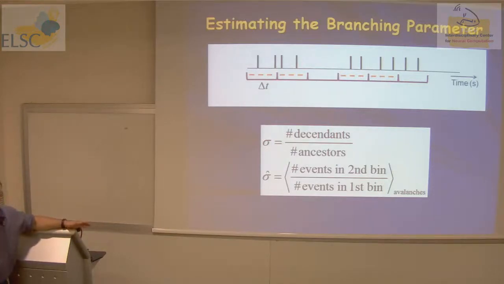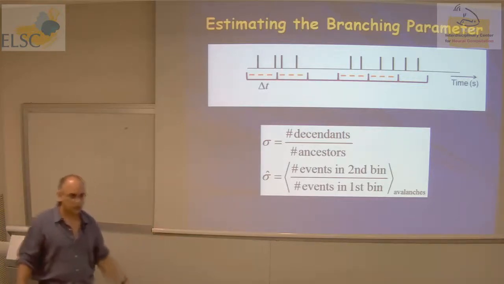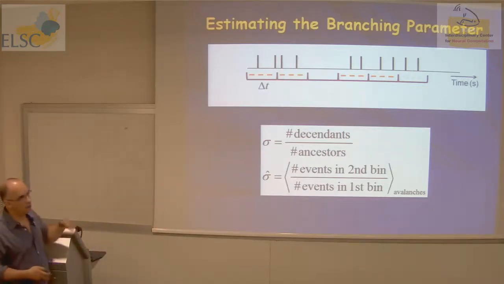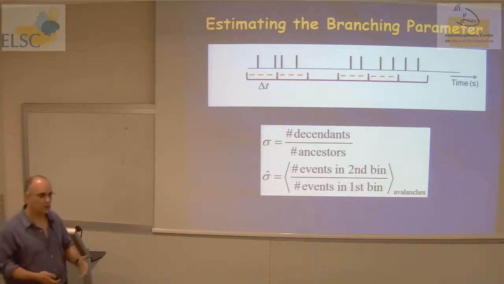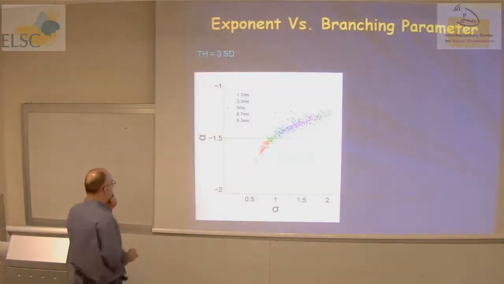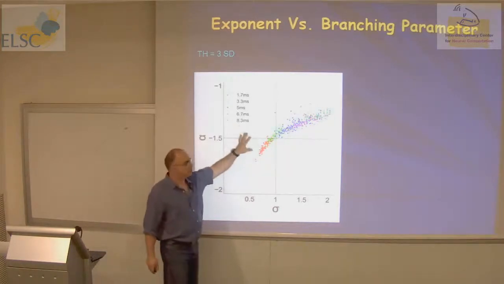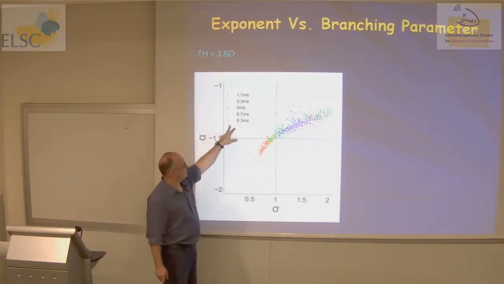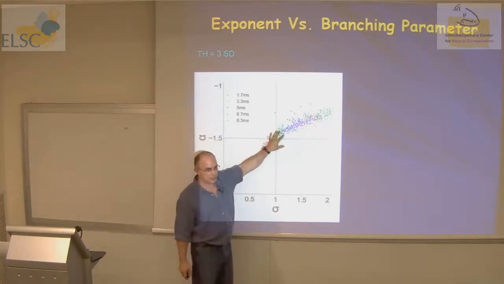So for each delta t, I get 2 numbers. One is the exponent of the power law. The other is the mean branching parameter across all the thousands of avalanches. And then I do a phase plot. This is what I'm going to show you now. I plot the exponent as a function of the branching parameter for different values of the bin width, delta t. This is what we get. Each point here is an individual, one subject, at a given color. Each color is a time scale. So you see 104 subjects, and again 104 subjects for a different time scale.